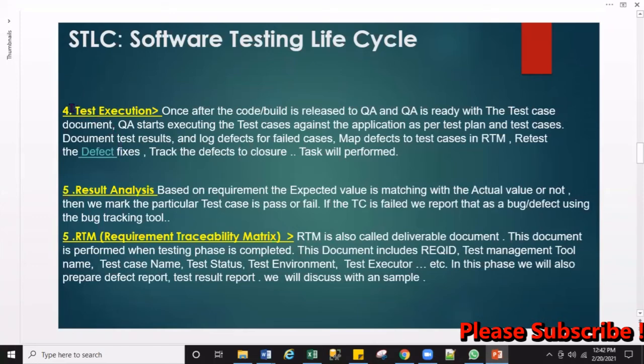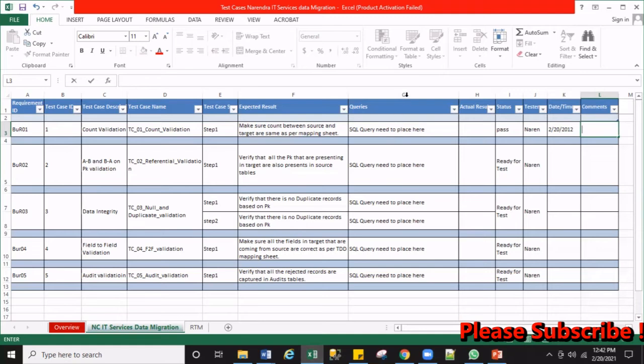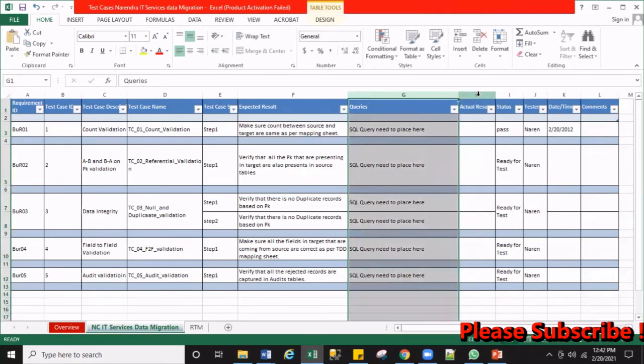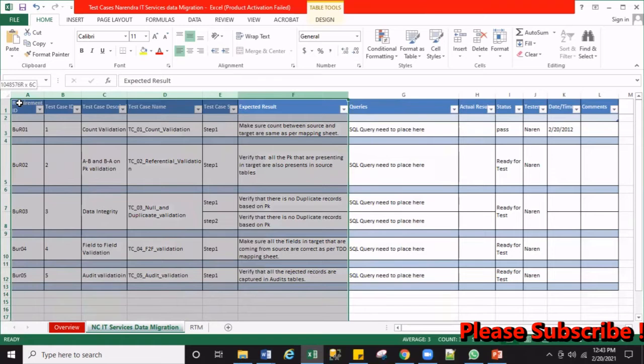Test execution, right? As I told you, the test case is done, but we have one set of columns left here. Columns G, H, I, J, K and L will be filled during execution time, and columns A to F will be filled during the test case creation time.